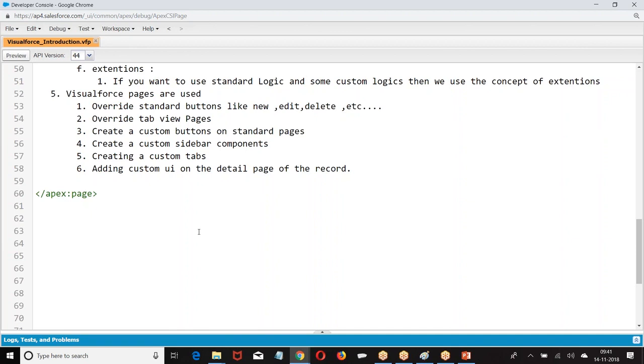Right. The next, the architecture of the Visual Force. Generally, when you create a Visual Force, what is the architecture of the page and how the page will execute? What is the architecture of the page? How the page is going to execute?